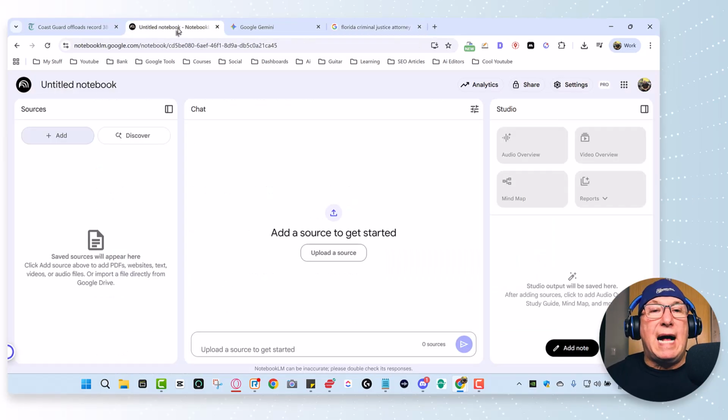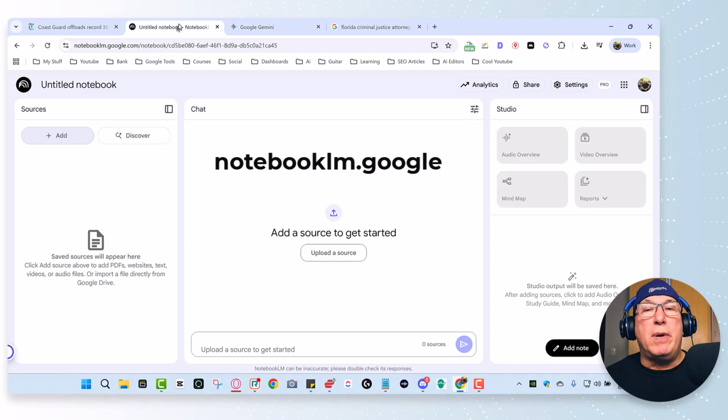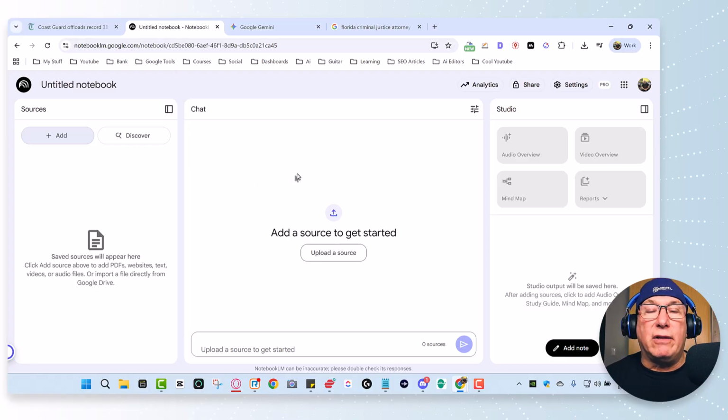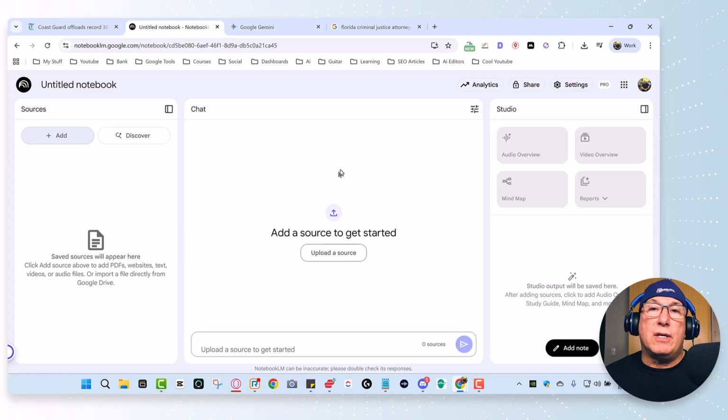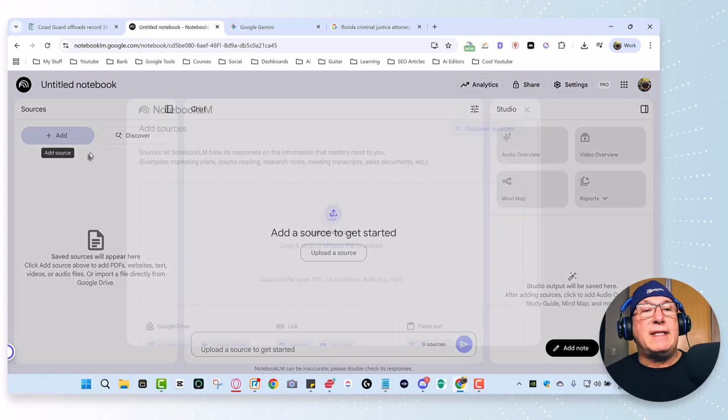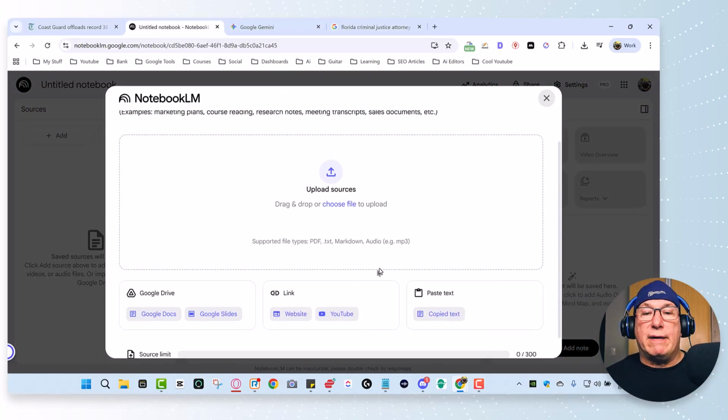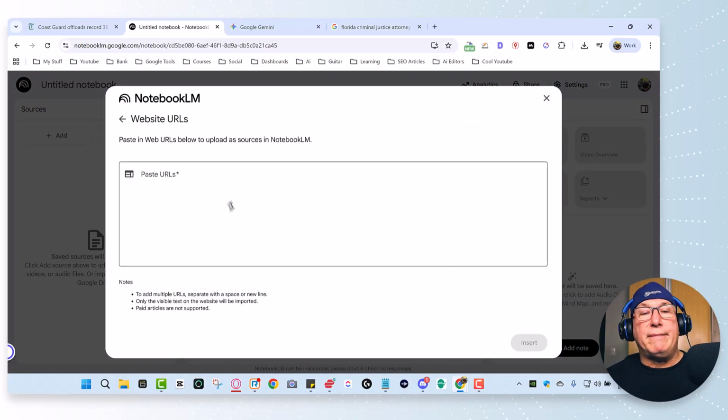All right, guys, so we can hop on right over here to NotebookLM. The address is notebooklm.google.com. And you'll come to a page that looks just like this. I love NotebookLM because it produces different types of content, not just blog articles, but videos, audio, and reports, as well as blog articles, right? So we're going to come over and we're going to add that story, right? The story that we just said about the